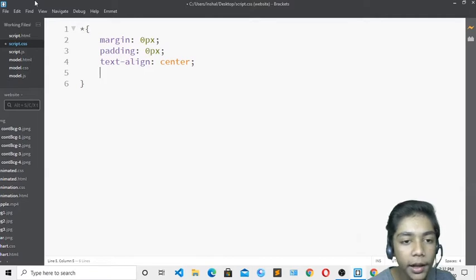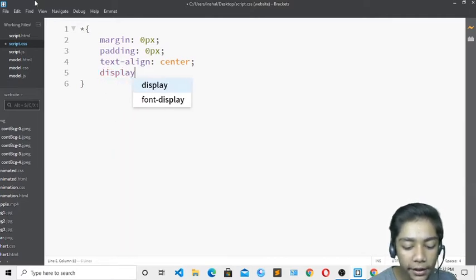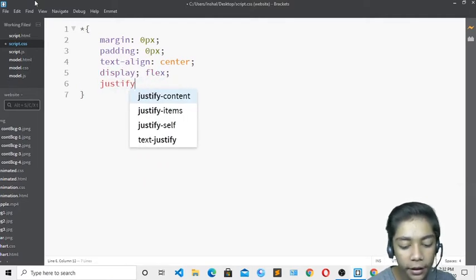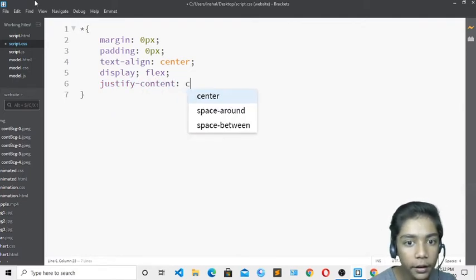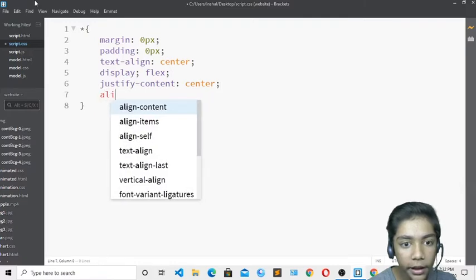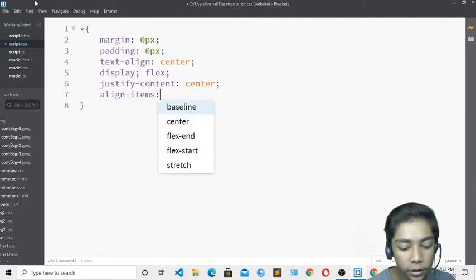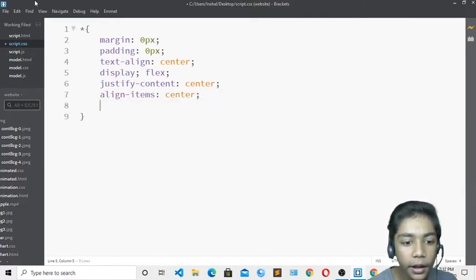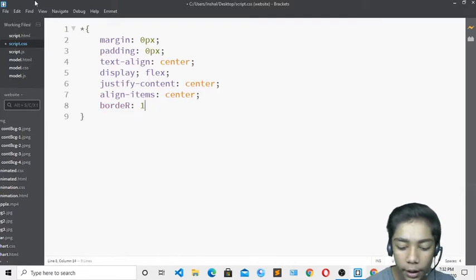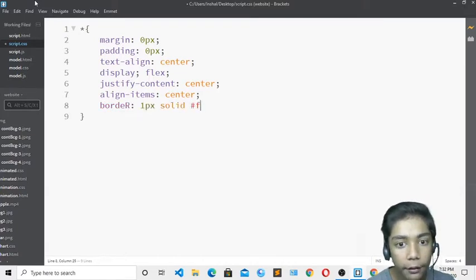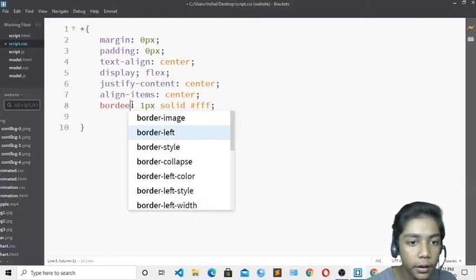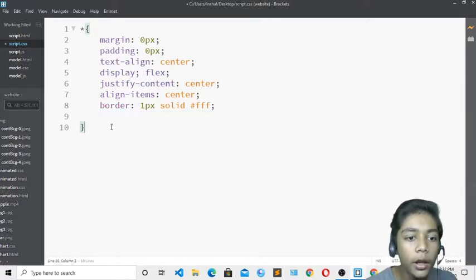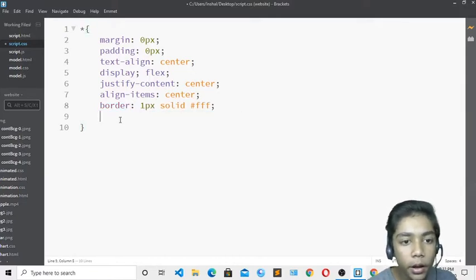So here I will write like that, and now here I will write display flex, then I will write justify content in center, because I want all the things to be in center, and I will write align items, so it should also be in center, so I will define center. And over here I will write border, which should be white, so I will define one big solid, and I will define white color, and I will come underneath that and define. Just make this R small, because this R is bigger. So just R, and now here you have to come.